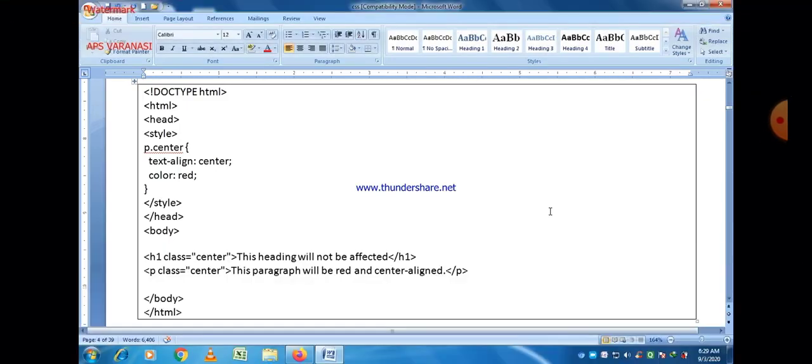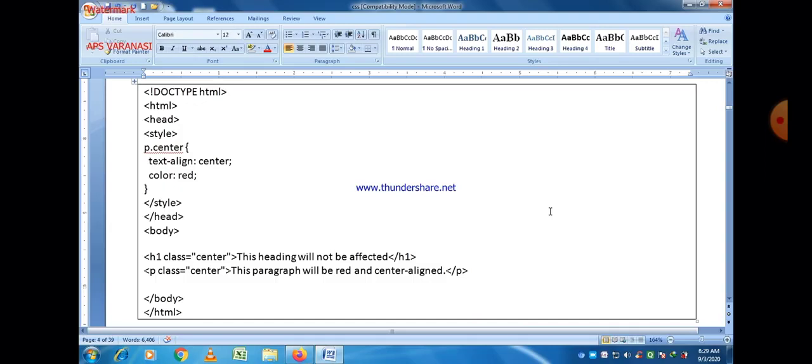Now the selector is basically of three kinds. First of all, we just give the name of the selector as any tag. Second, we give an ID to each tag that belongs to the CSS. And third, using class attributes.